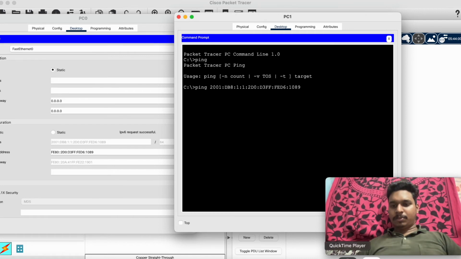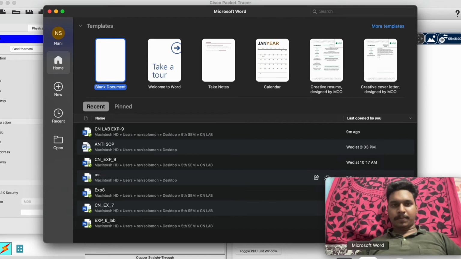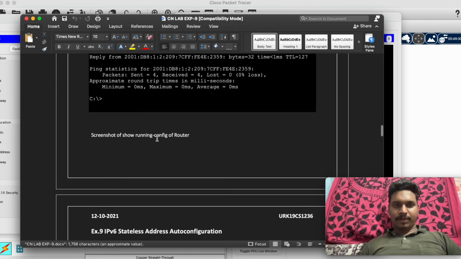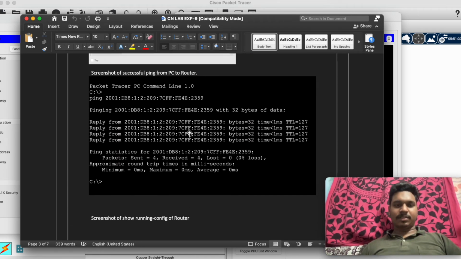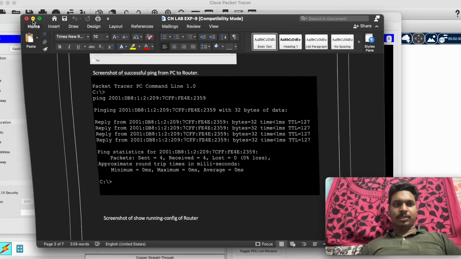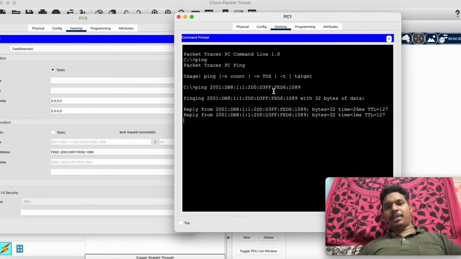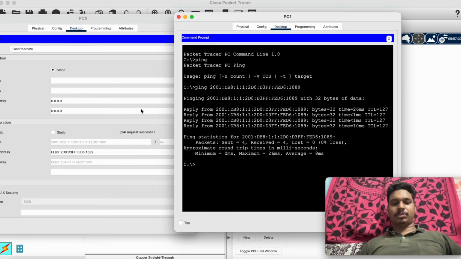Okay, now you can see here, our question was this. So when we enter this, let us check whether this should be the output for us. When we press enter here, you can see pinging. Okay, it is replying and the ping is successful. So this is pinged successfully to this router. So this is configured successfully.